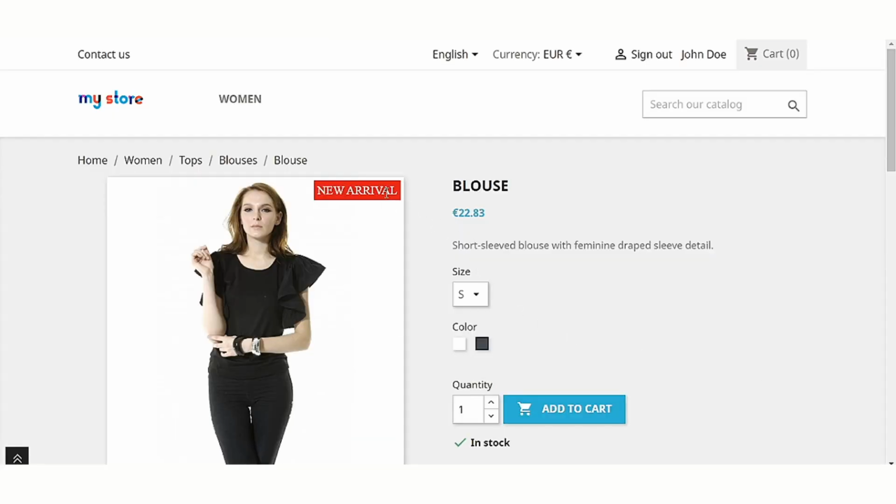Here we can see the label new arrival is getting displayed on this product as the product price falls under the range defined by the seller while creating the rule. Similarly, a seller can create the rule for other conditions for the display of labels.